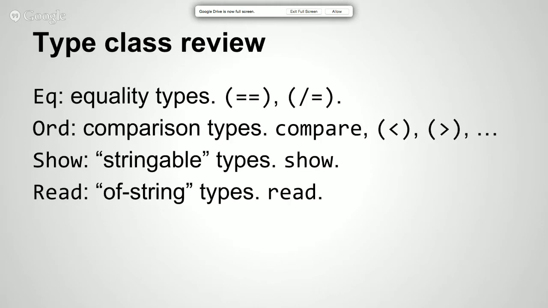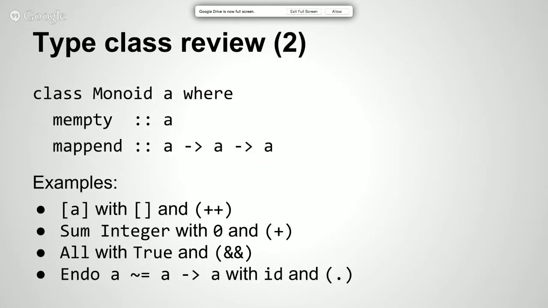So just for a review of type classes, we've seen the simple ones: equality types, that's Eq; Ord is comparison types; Show is stringable types, things that you can convert to a string; Read is of string types, things that you can read in from a string. Those are pretty simple. And then we have Monoid, which is